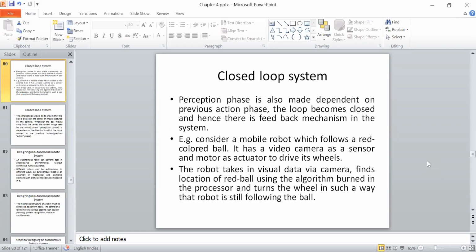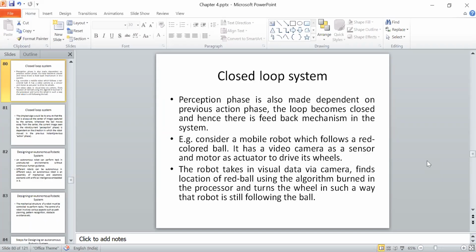You made a motion robot, and the purpose of the motion robot is to follow a red ball. So what that robot will do, it takes the picture of the environment having that red ball. Okay, and whenever the ball will move, the robot will also move. So you perceive the information, take the picture of the environment, provide the picture to the processor. Processor will find the ball in the picture, and then it calculates the distance and everything and sends the information to the motor, and motor will move in that particular direction.